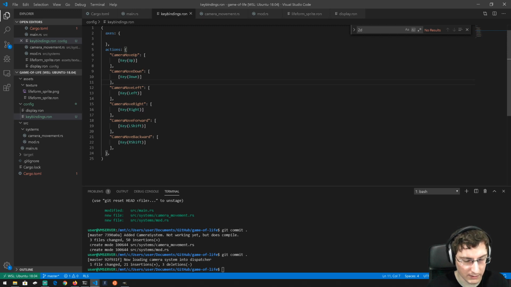I'm not really sure I like that. I think up should be W. I think down should be S. I think A should be left. I think D should be right. And then,